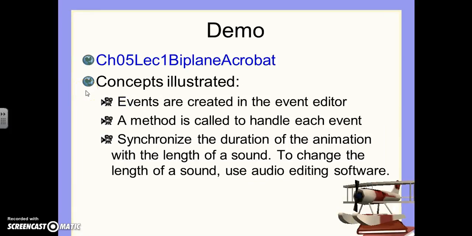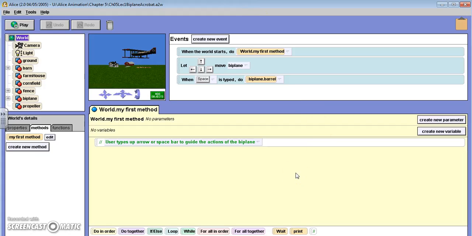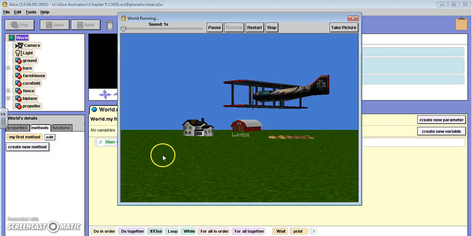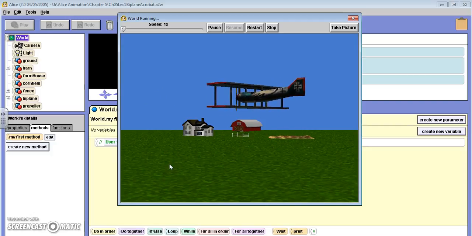All right, let's take a look at this and see exactly what it's going to look like. All right, so here's the biplane world. You can see up here in this area, here are the events. And if we have the events defined, then we are going to use the arrow keys to move the biplane and then use the space bar to make the biplane barrel roll. So if I play it, right now nothing happens. Nothing's going to happen until myself as a user interacts with the program. So if I hit my up arrow key, the plane moves forward. If I hit my back arrow key, it moves backward. If I hit the space bar,